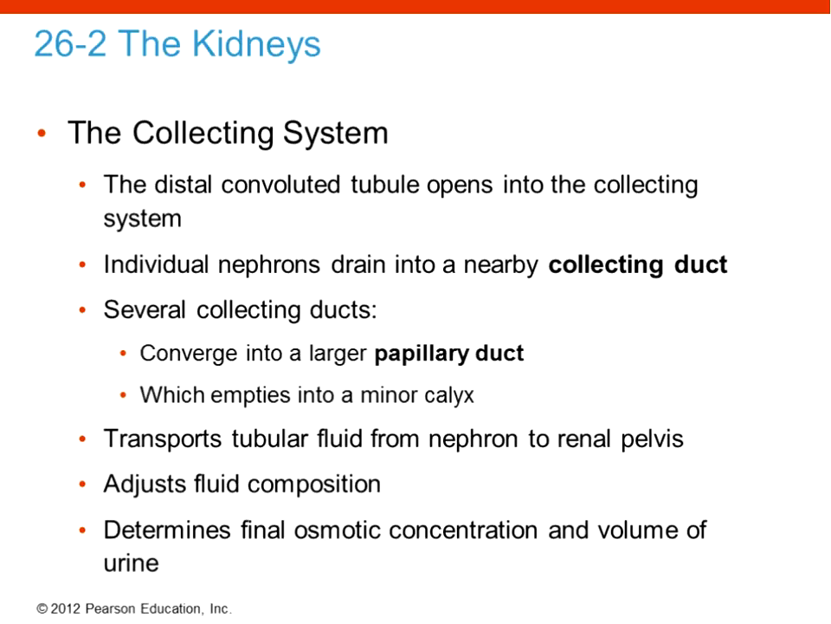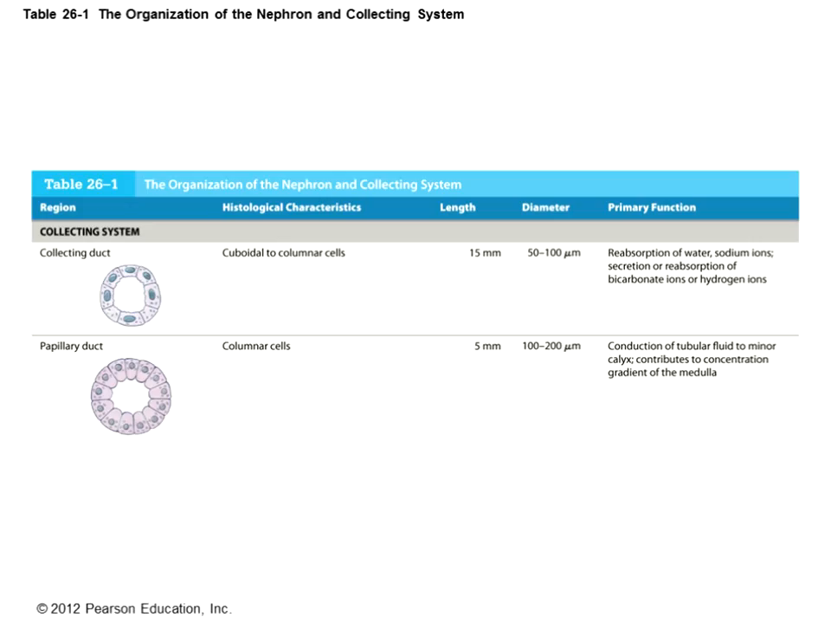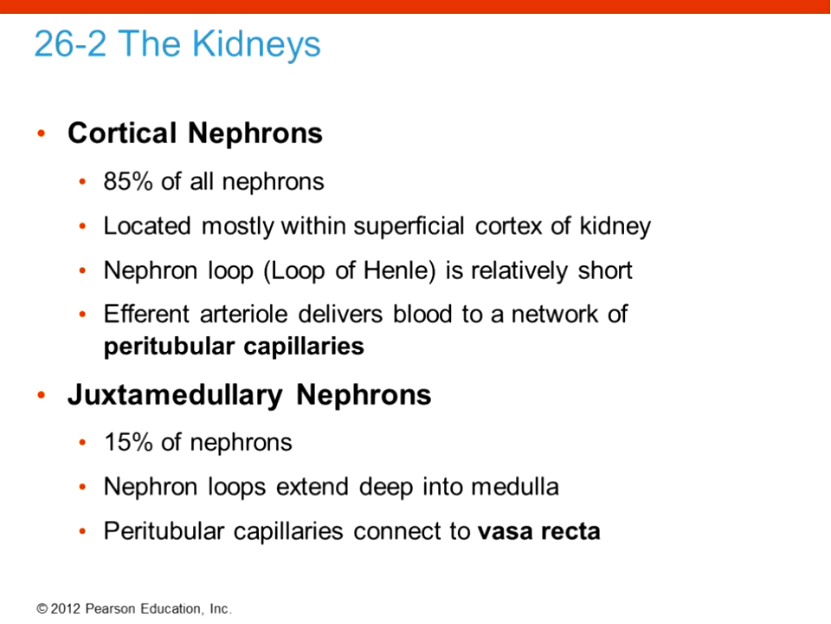So ultimately, this collecting system is determining the final concentration and volume of the urine. So this is an important component in the overall system. Right? And there you can see the collecting duct and the papillary duct, the last portions of this system. All right. So now that we understand generally how a nephron is organized and the different components and how urine